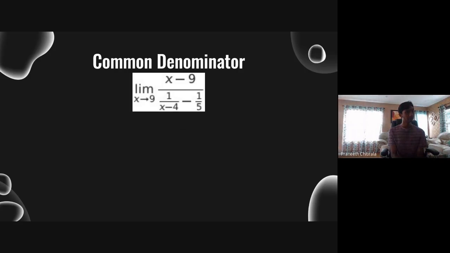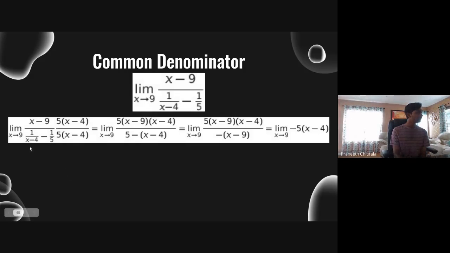Now there's also a common denominator. I didn't put it in the flowchart, but this is also another way to write it. This is also another way to find an equivalent form. So if you substitute 9 for x, you get 0 over 0. So 9 minus 9 is 0, and then putting 9 into this term gets you 0. So 0 over 0. So then